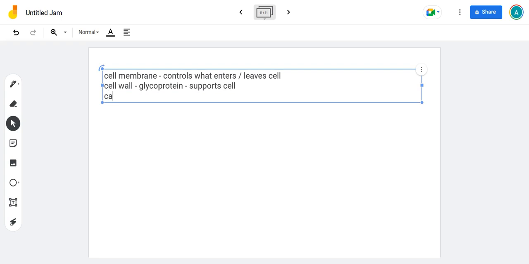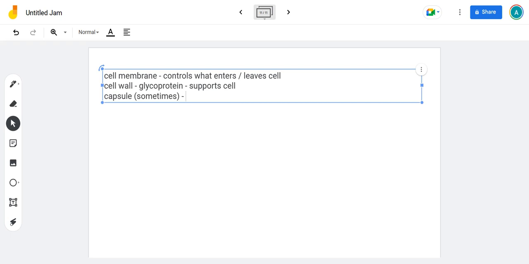Then we said that sometimes we have a capsule, but not always. Let's put sometimes. And the role of the capsule is actually a few roles. So the first thing that the capsule might do is prevent it from dehydrating. The other thing it can do is provide some kind of